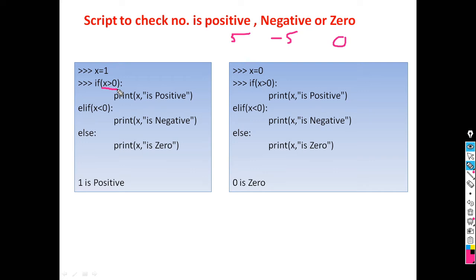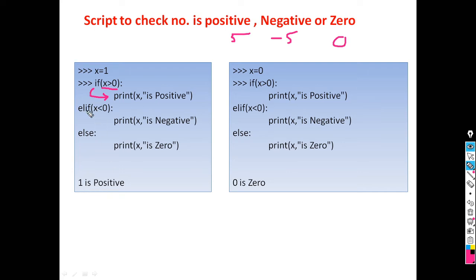When it is executed, what does it return? It returns true, because 1 is greater than 0. If the condition is true, it will execute the statements within if. So it will print x is positive, that is 1 is positive.